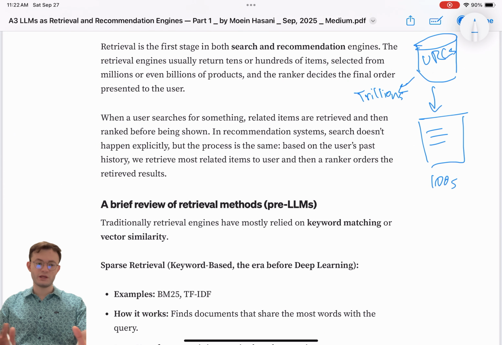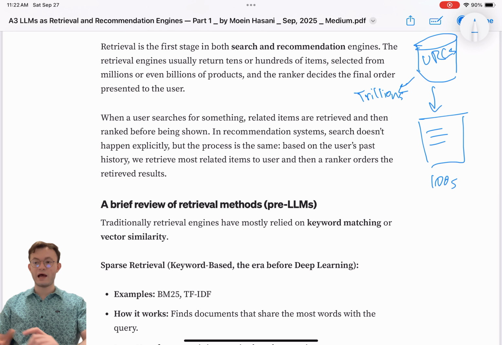And search and recommendations are pretty close in the way that in search, you have a query, as we talked about, and you go and find the related items to that query. But in recommendation, instead of a query, you have a user profile and their purchases or their likes or dislikes and whatnot.